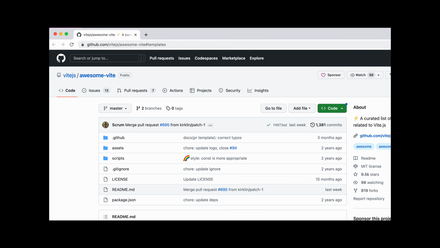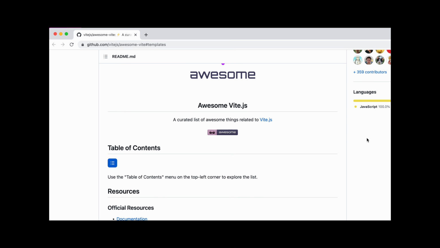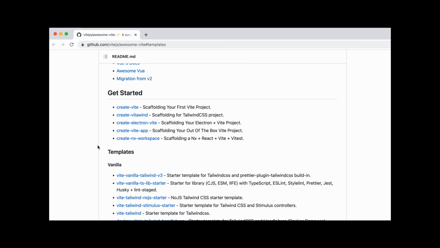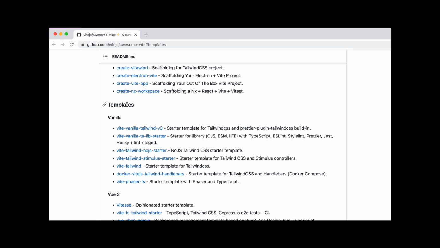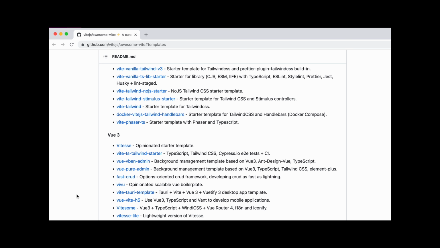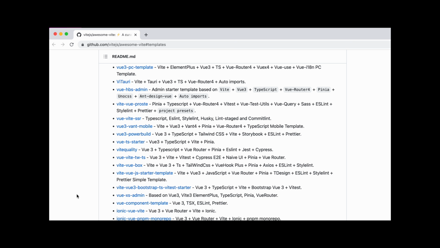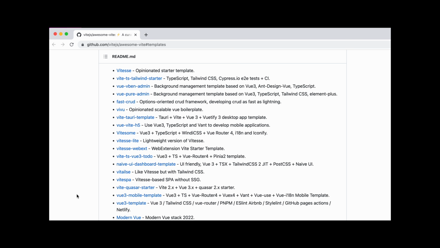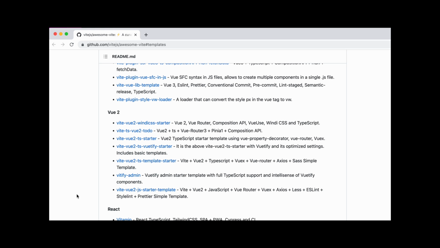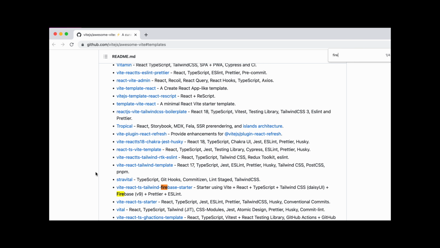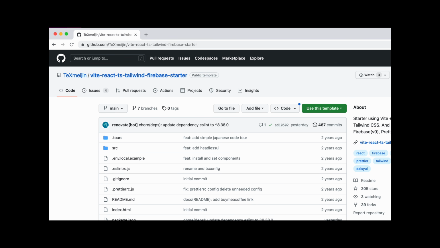To set up the project, we'll use Vite. It's like a create React app alternative, and on their page and documentation, they have different kinds of templates, and we're gonna use the Firebase one. So I'm just gonna scroll down, so it should be Vite React. Okay, yep. This one I'm gonna also link this template in the description, so you guys can easily just go